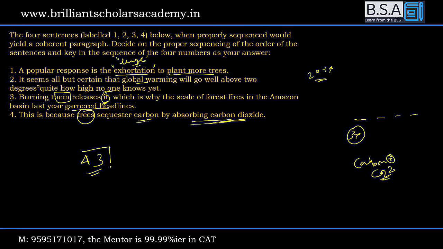सो 4 and 3 आर अ मैच्ड पेयर, और 3 वैसे भी आगे नहीं आना था आपका. अब क्योंकि ये देखो इट सेज दिस इज बिकॉज, 4 भी आगे नहीं आना. सो आइदर द स्टार्टिंग सेंटेंस इज 1 or 2. आप देखो which one should be the starting sentence, which one is giving us a major goal or a major idea.